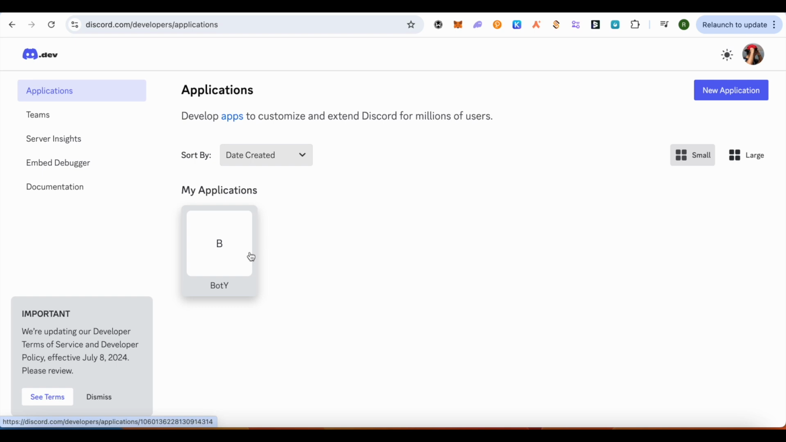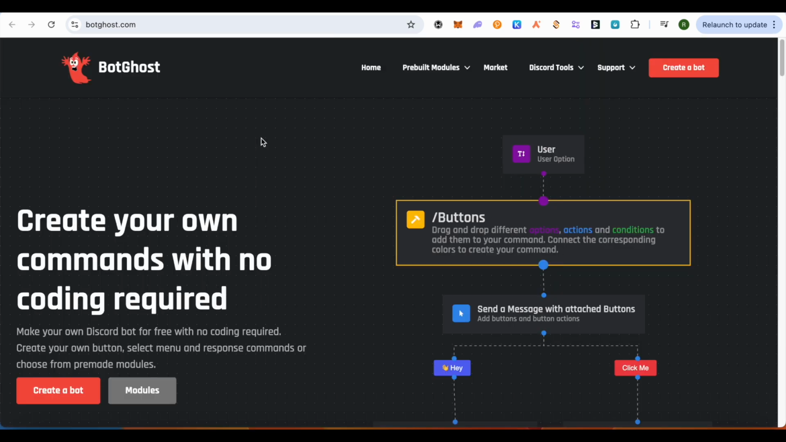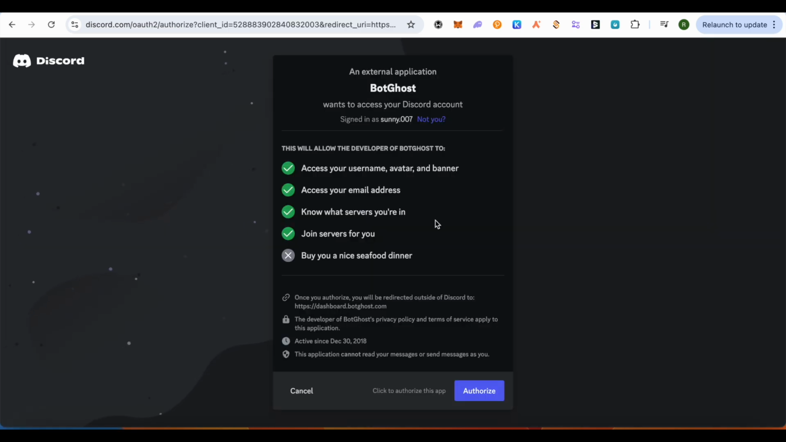After that, enable different settings as per your needs and requirements on the privileged gateway intents and save the changes. After that, you get the option to reset token. Simply click on it and you would get a token. Just simply copy the token and open up botghost.com and click on this option of create bot,